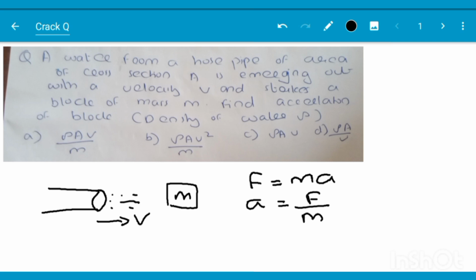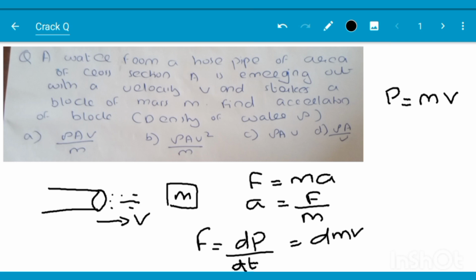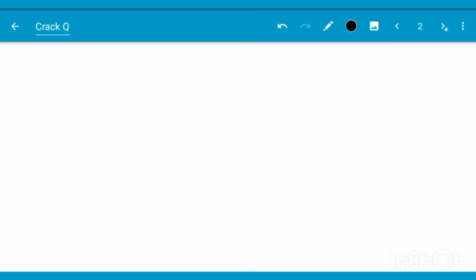Now, according to Newton's second law, force is equal to dp by dt. This p is momentum, and momentum is equal to mv. So this is d(mv) by dt, and we can simplify here. So F is equal to